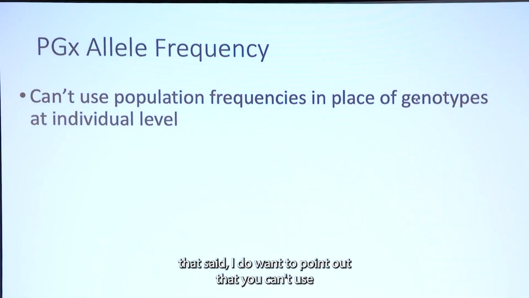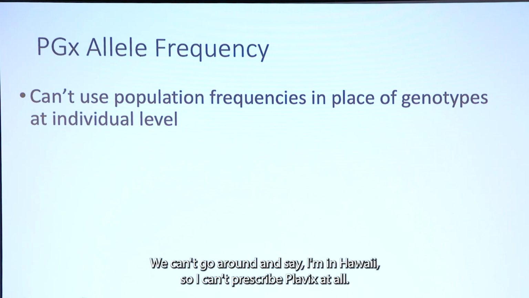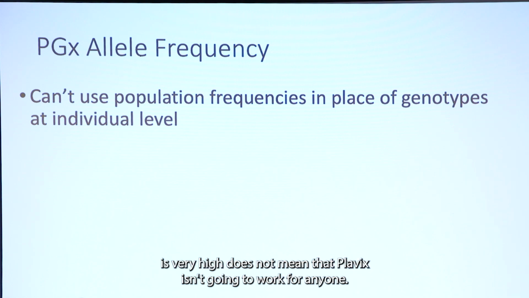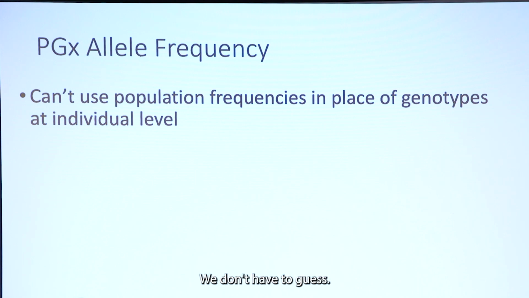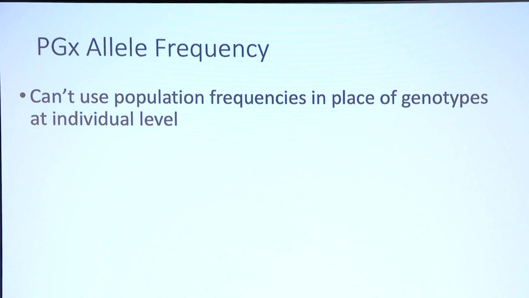So, very bad. That said, I do want to point out that you can't use those population frequencies in place of genotypes at an individual level. We can't go around and say, I'm in Hawaii, so I can't prescribe Plavix at all, right? Just because the frequency of having this decreased function allele is very high does not mean that Plavix isn't going to work for anyone. We can do a test. We don't have to guess. We don't have to assume. We don't have to lean on statistics there. We can test to find out what you or me or you actually have,